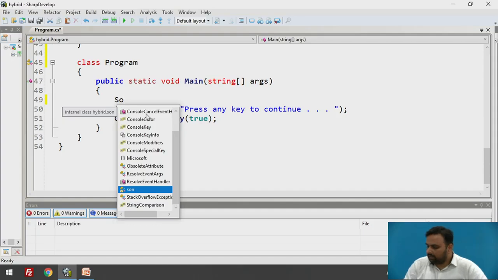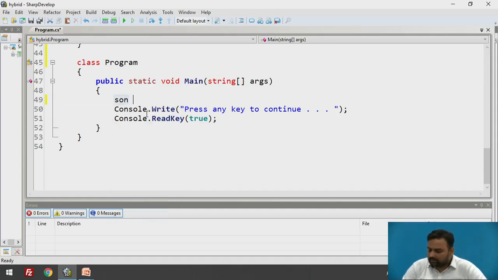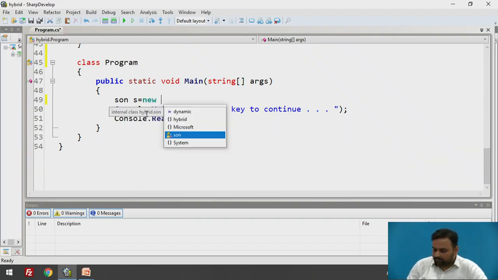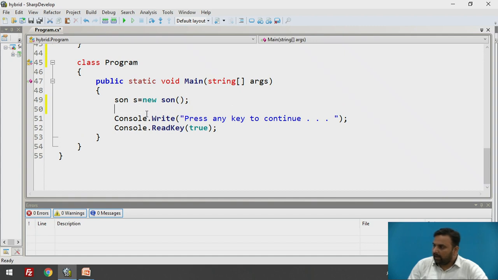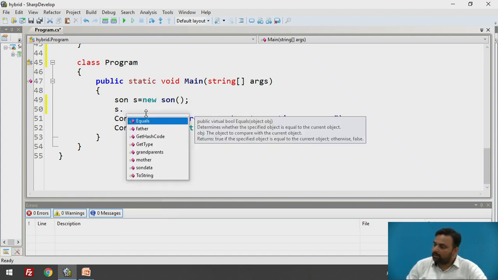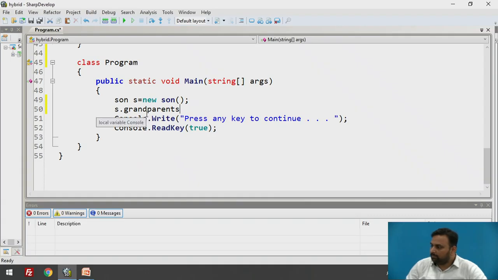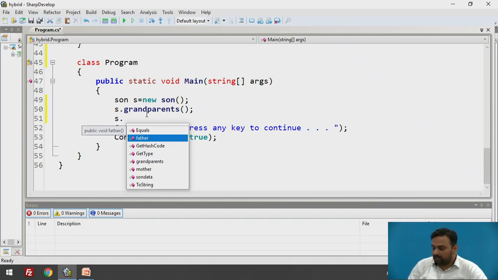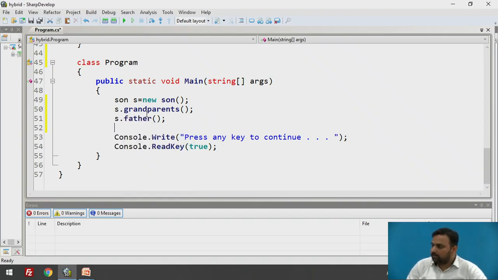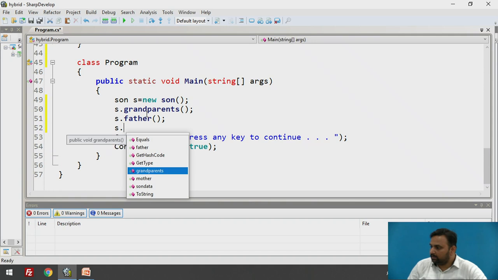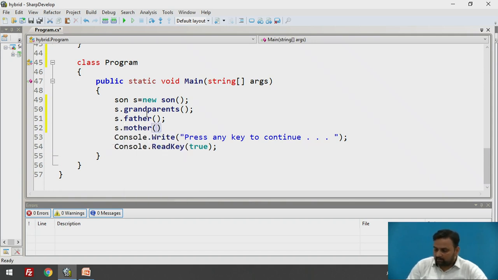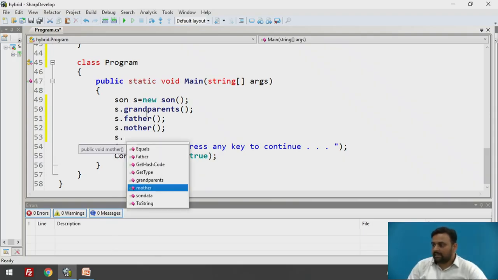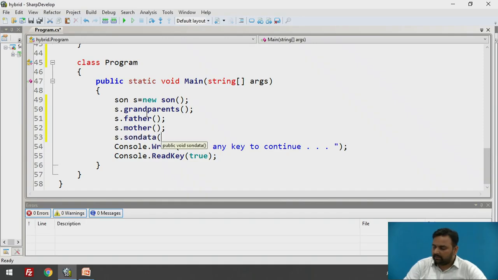Now I am going to create the object of the son, new Son, and through this object I am going to call every method. For example grandparents, and after that father, and mother, and at last the method of itself, that is SonData, which we have defined there.